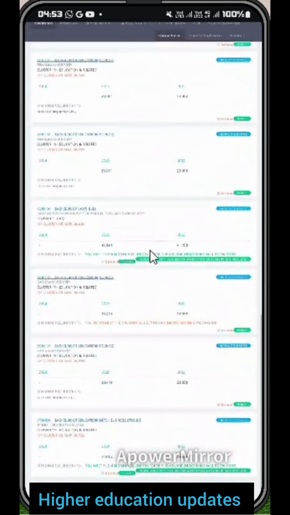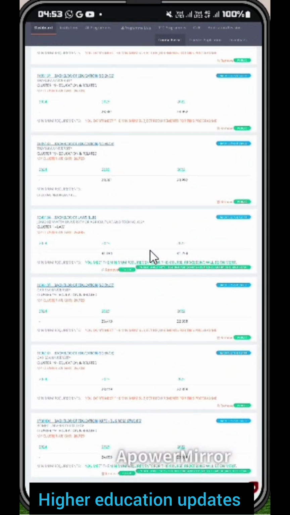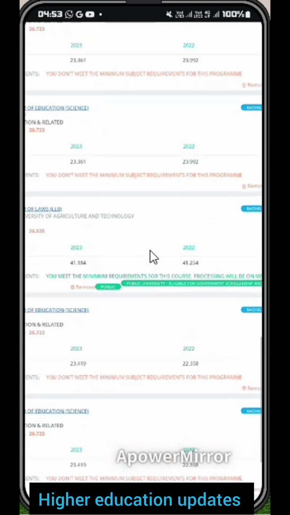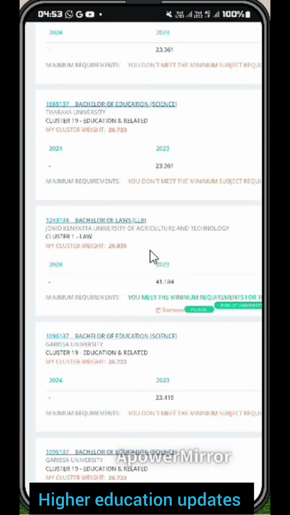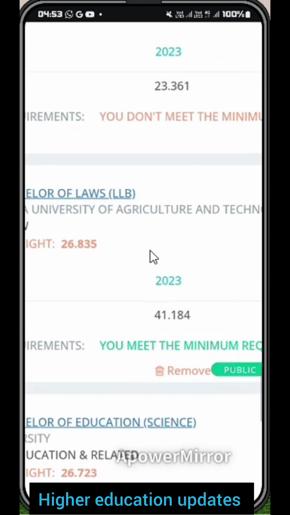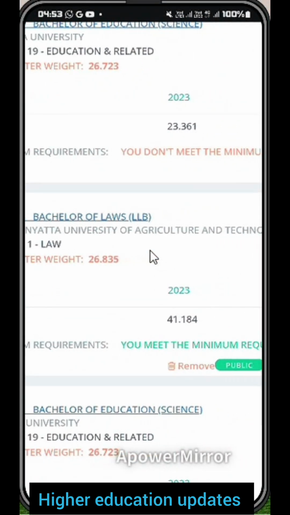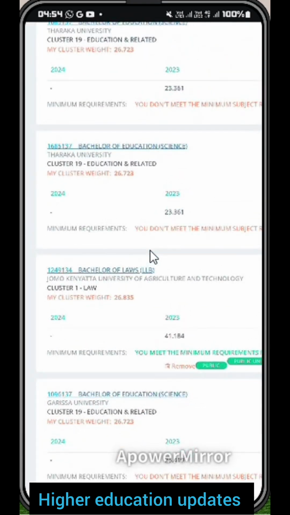Then you will be able to see all the courses you have been adding. So you can see Bachelor of Law, the student meets the subject requirements of law, which are plain in either Swahili or English. But now compare the cluster points. His cluster points are 26 and 0.8, and that of the institution is 41, meaning the student does not meet the cluster points. But during the application you can submit this course, but you will never be placed